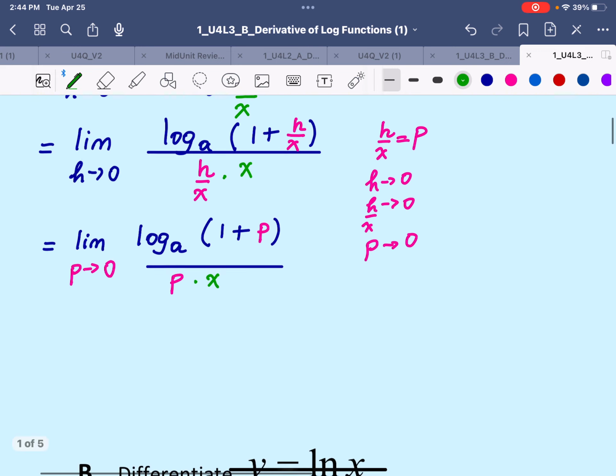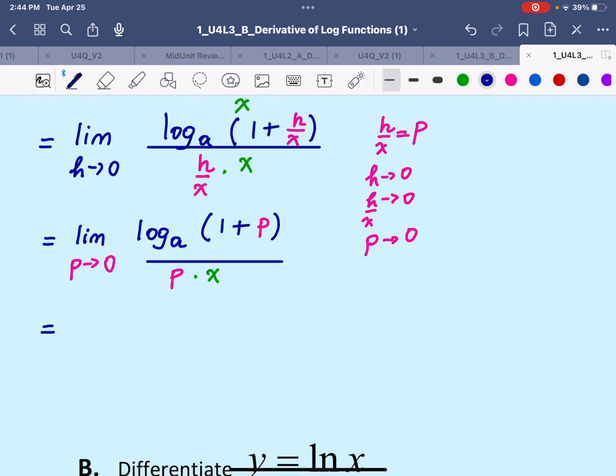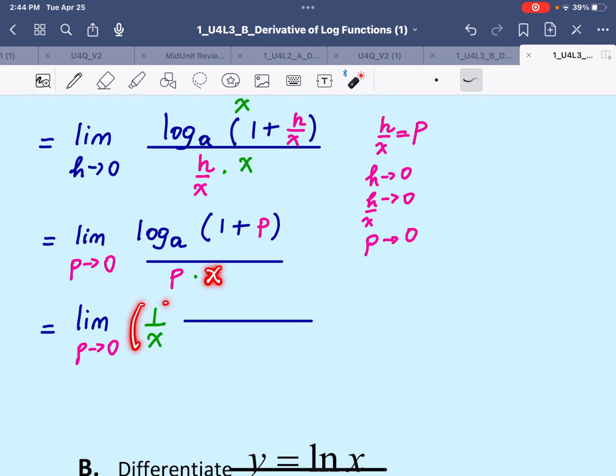So a couple of rearrangements that we'll make in the next step are the following. So we'll have the limit as p approaches 0. And I will be rewriting this expression again slightly differently. As you can see here, we have x in the denominator. So this is a factor in the denominator. And we can bring this factor outside this entire fraction as 1 over x. So if we are dividing by x or multiplying by 1 over x, it is the same thing. And on the other hand, then we're going to bring log with base a of 1 plus p